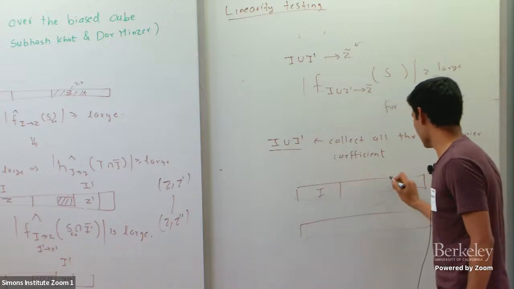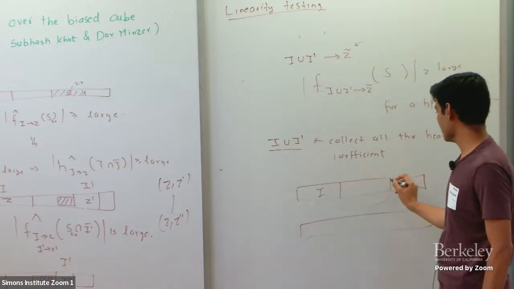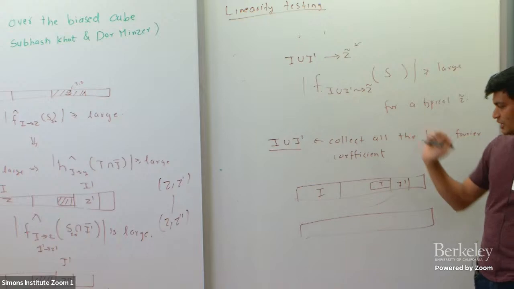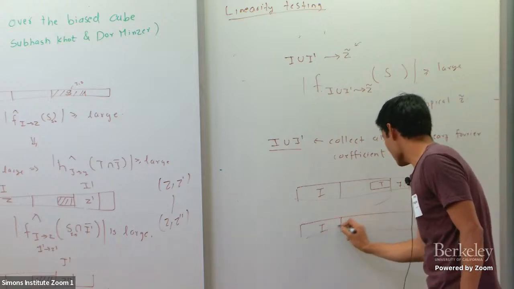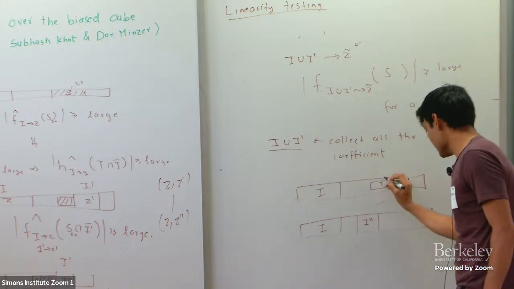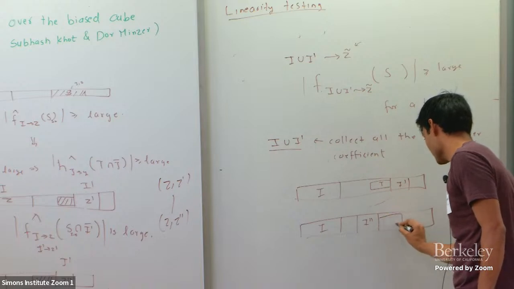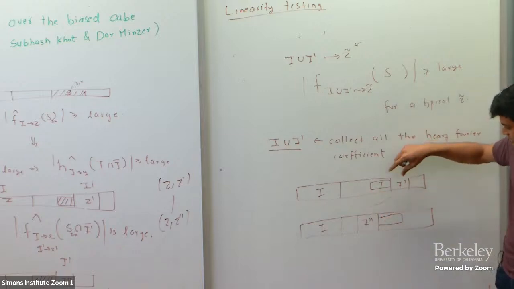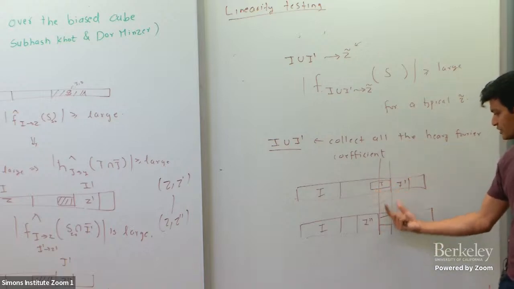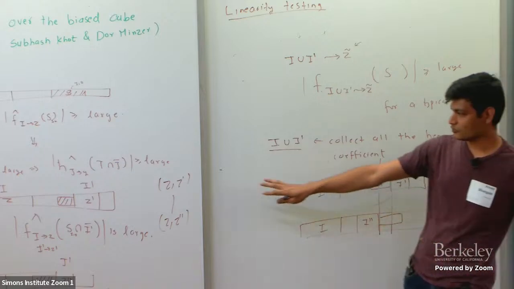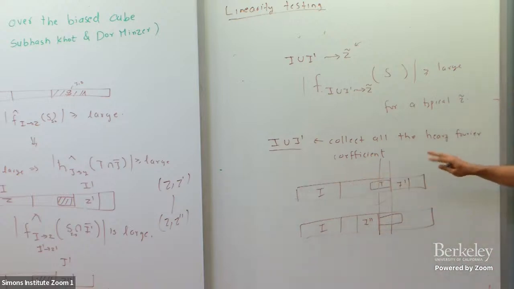So you have I and you have this I prime. Okay, and then we said that there is some Fourier coefficient T that remains for a typical restriction of I and I prime. You can also say that you can re-randomize the I prime part. Let's say I choose I prime to be this, I double prime. And then the same coefficient stays heavy in this restriction. So the same thing stays heavy. So if you look at the set of live variables and look at the Fourier coefficient that was heavy here and that was heavy here, they agree on the set of live variables. Okay, and again, this is some sort of Cauchy-Schwarz kind of thing. I mean, you have to do it carefully, but